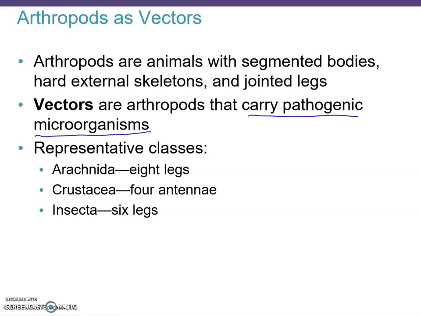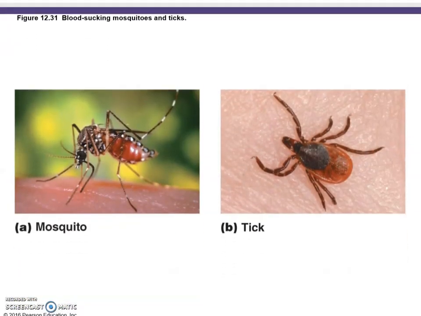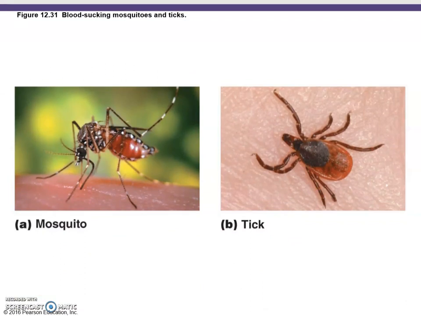So there are some classes of arthropods that are known to transmit disease, so as vectors. If they have 8 legs, we call them arachnids. Then there are some crustaceans. They have 4 antennae. And then the insects, they have 6 legs, but all of them have segmented bodies. And here are some arthropods as vectors. The mosquito, of course, will suck blood, and it can transmit pathogens via its saliva. It's a fairly frequent kind of